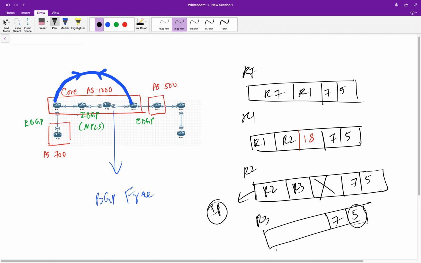As a result, when the IP packet came to R3, it is no more doing a label lookup, rather it is doing an IP lookup, L3 lookup, and it doesn't have the 5 network, and as a result the packet is dropped. Now all this problem came because we used the direct interface, the physical interface over here, to establish the IBGP. And because we used this particular interface, which is directly connected to R3, the packet got popped here